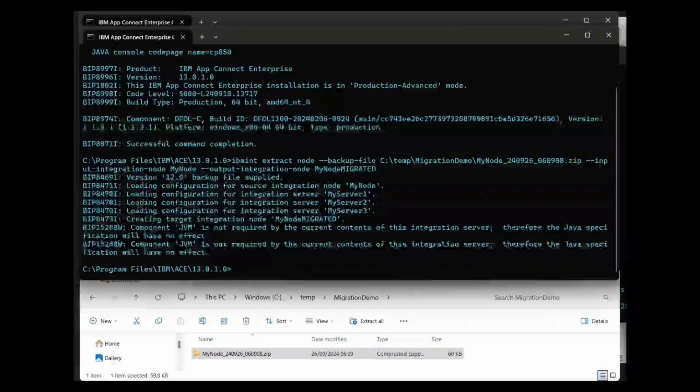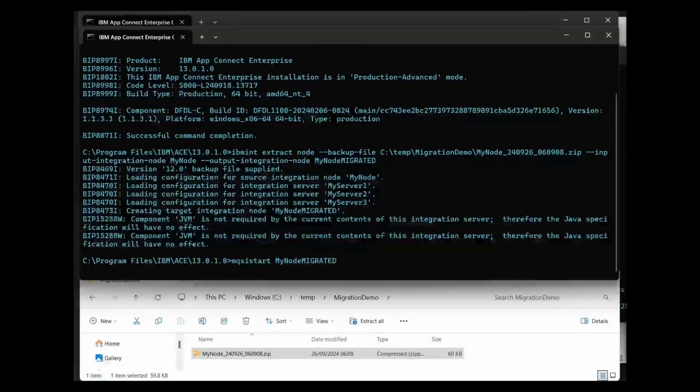And you can see from the feedback on the command line that it has successfully loaded the configuration from that zip file. And in the case of server 2 and 3, it's not needing a JVM, it's giving us that piece of feedback there. And then a very straightforward command to actually start up the integration node, and we'll be up and running with